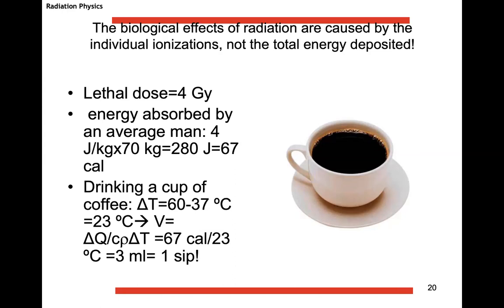This is very important for 2 reasons. The first one is that, when we talk about absolute dosimetry, we will see that the best dosimeter is a calorimeter. The calorimeter is a machine that is supposed to measure the dose based on the change in temperature. This is possible, it is wonderful, it is an absolute measurement, not relative. But the caveat is that it has to look for very, very small temperature changes.